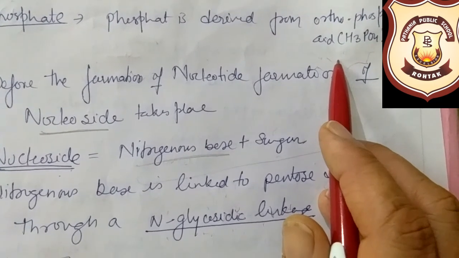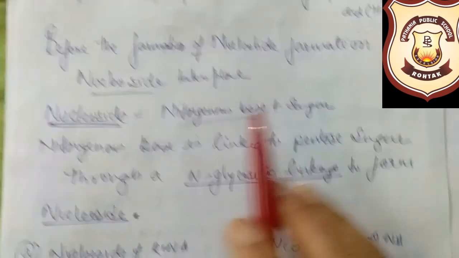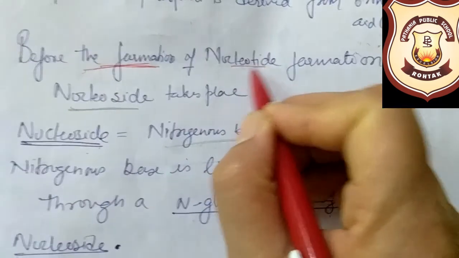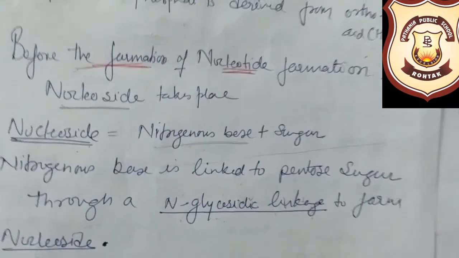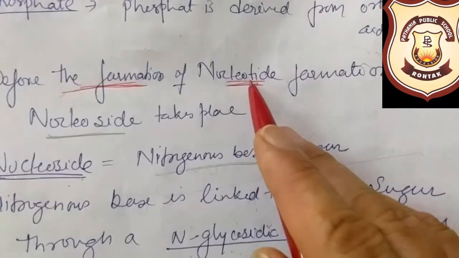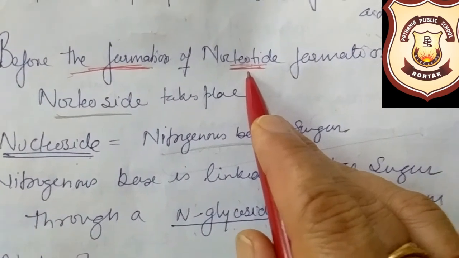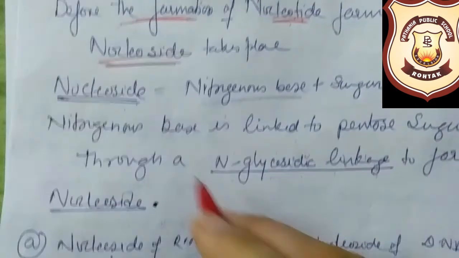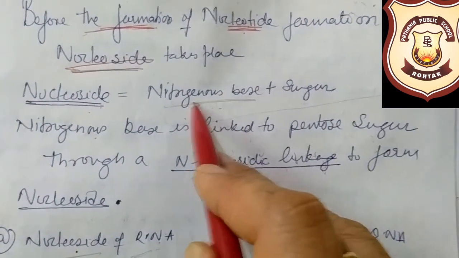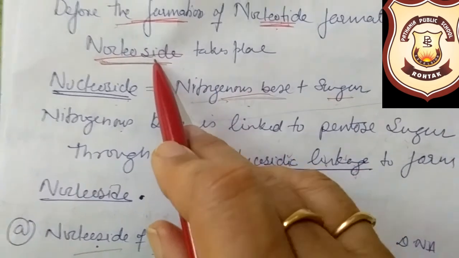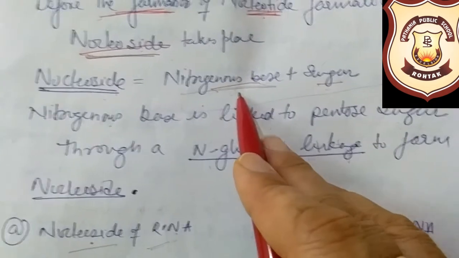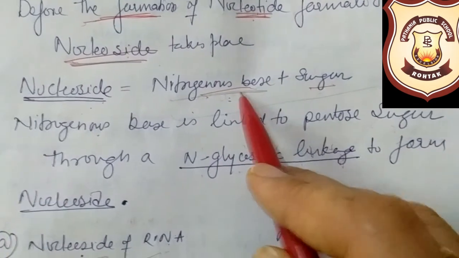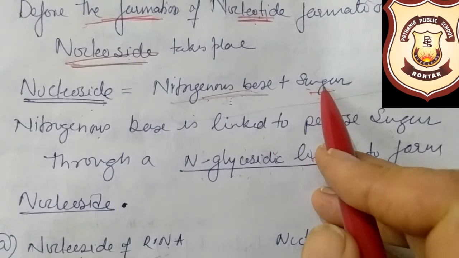Now we come to how the nucleotide is formed. We have seen the raw material required for the formation of the nucleotide. But before the complete formation of the nucleotide, first the nucleosides will be formed. What is a nucleoside? First the nitrogenous base and sugar join to form the nucleoside. As you know, nitrogenous bases are 4, so 4 types of nucleoside will be formed, and the bond formed between the nitrogenous base and sugar is called a glycosidic linkage, which I will show you in the diagram later on.